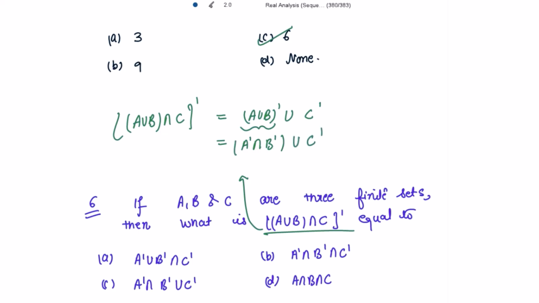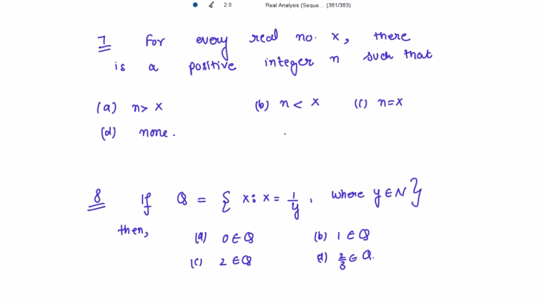So which option is right? Yes, C option is right. Fine? Okay. 7th, for every real number x, there is a positive integer n such that, let's take x to be equal to 2. Easiest one. 2 is a real number. Can I have the positive integer n greater than 2? Yes, I can have n to be equal to 3. It is a positive integer which is greater than 2. So A option is okay